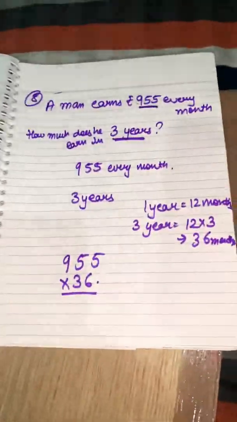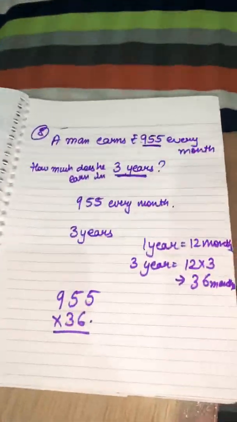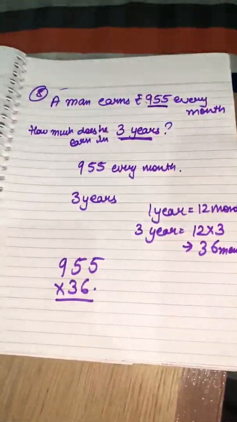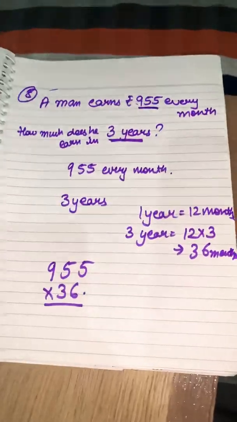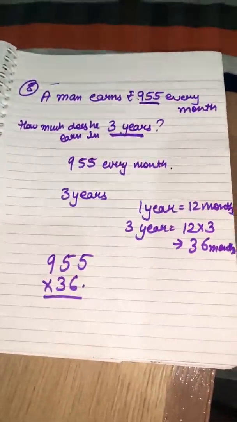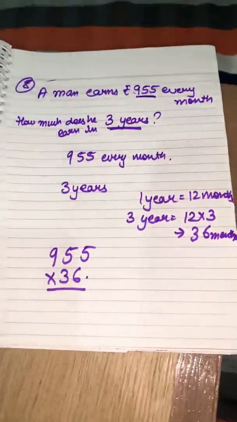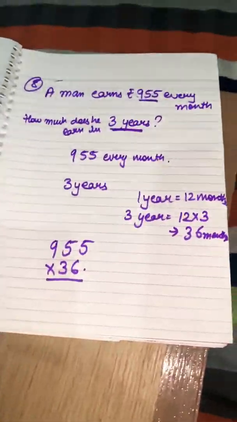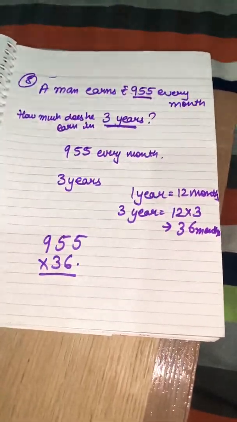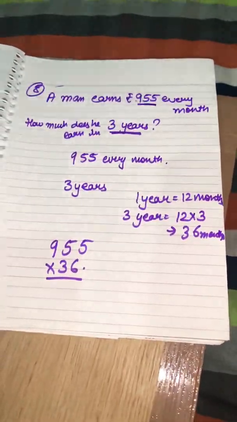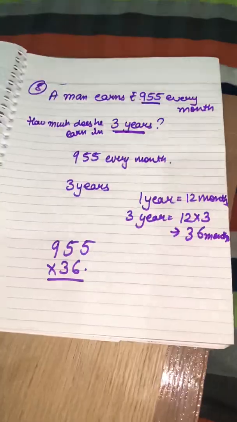In the next question, there is a ream of a paper containing 480 sheets. How many sheets of paper in all are there in 175 reams? A ream of paper contains 480 sheets. One ream of paper contains 480 sheets. So we have to find out how many sheets 175 reams contain. So we just simply multiply 480 by 175 and we get the answer.